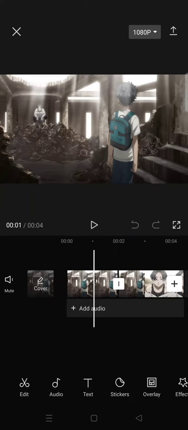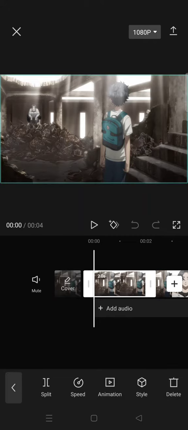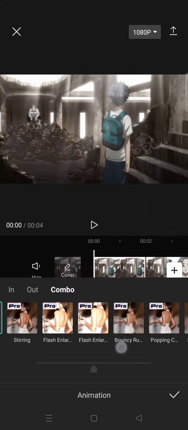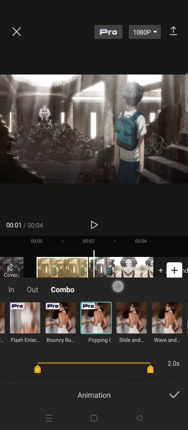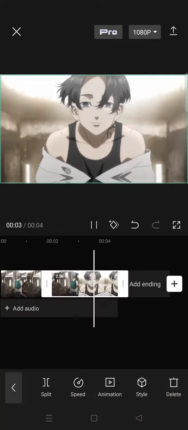So on today's video I'm gonna show you how to easily make a shake effect with flash in CapCut. So here I've already imported a clip to my CapCut, and what you guys need to do next is click on the clips, go to animation, combo, and then select the popping candy animations to all of your clips like this. And now go to video effects,